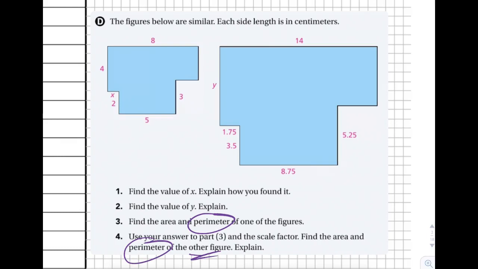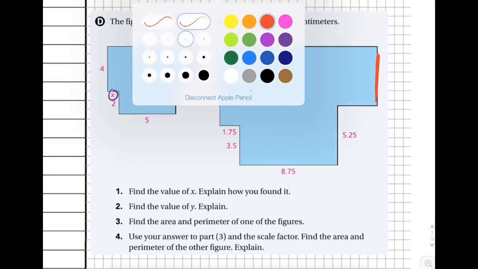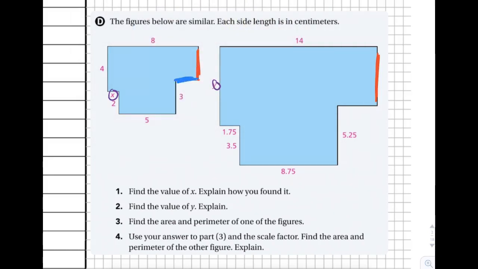So we kind of need to also find, even though they only ask for X and Y, this length here, which should match this length here. We got to figure that part out. And we need to figure out this length here, this one, and this one. Right now, they don't have any values, so we got to figure those out. Let's figure out this X and Y first, because those are our first two questions. Maybe there's a reason why they put the questions in this order. Okay. Now,